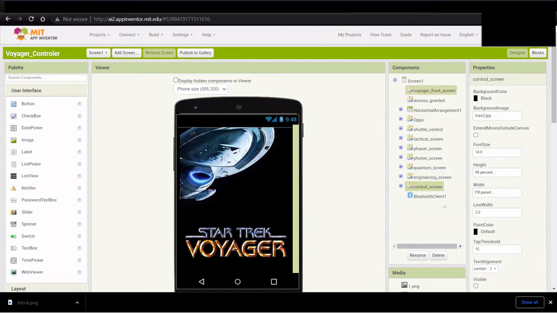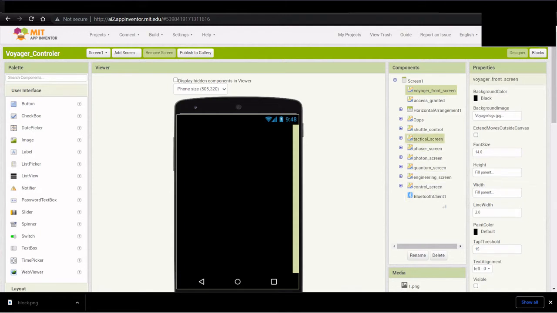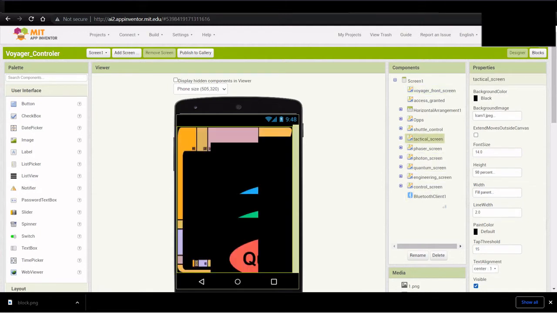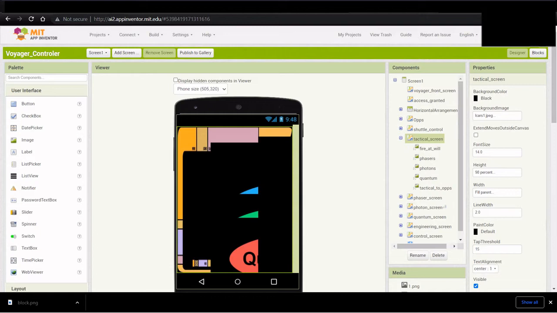I've built up a total of essentially 10 different screens, and there are 38 buttons used in total going back and forward. It sounds like a lot and sounds complicated at first, but believe me, it isn't. To give an example, at the moment we've got the Voyager front screen on. If we turn that off, let's just go to tactical and turn that on. Everything becomes visible. It looks funny